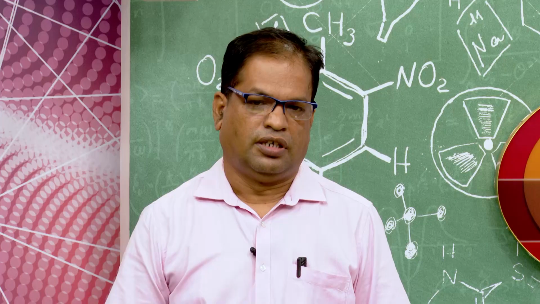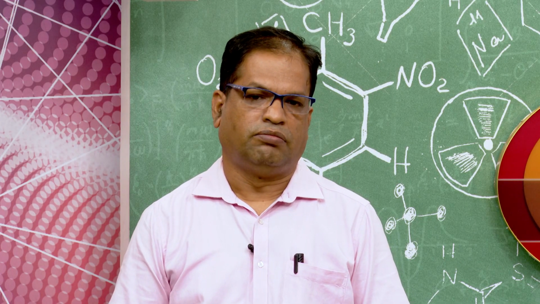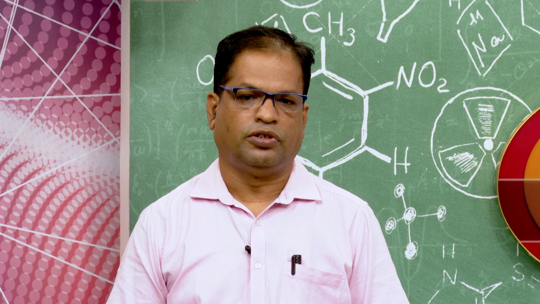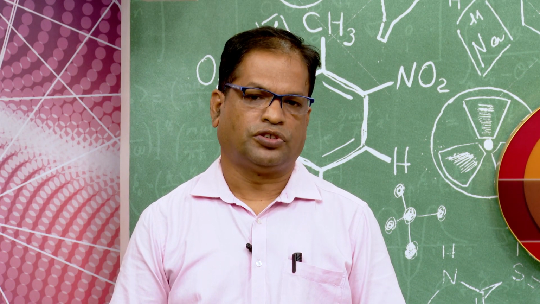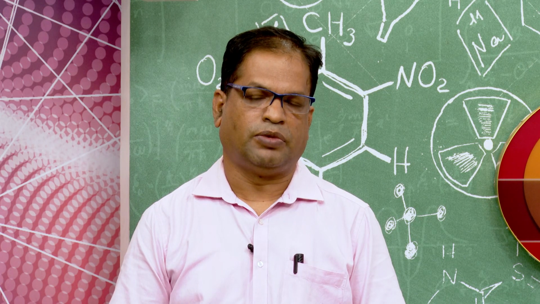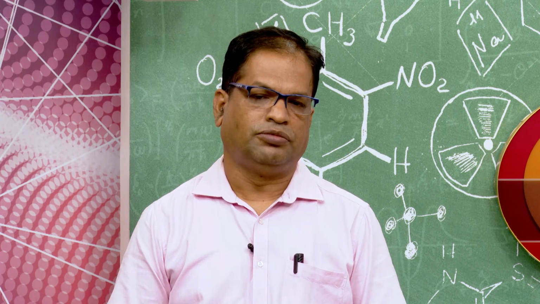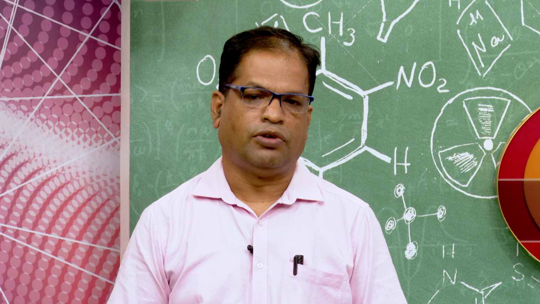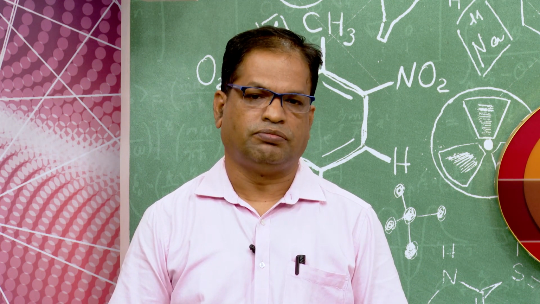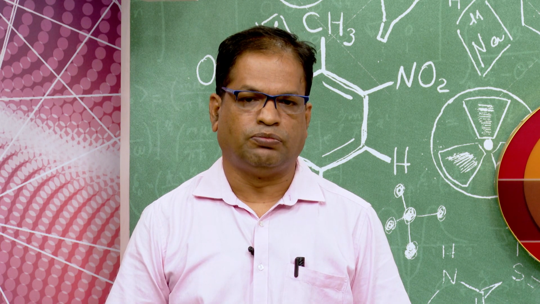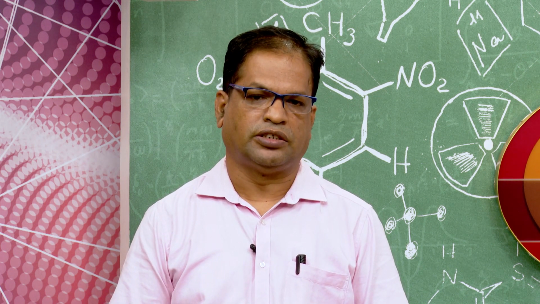Hello everyone. Last class we started function, the definition of function, and we also discussed different types of function, that is 1-1 function, many-1 function, onto function and into function. And the most important function we also discussed is the bijective function, that means a function which is both 1-1 and onto. An onto function is known as surjective and an into function is injective. If it is both 1-1 and onto, then it is bijective.